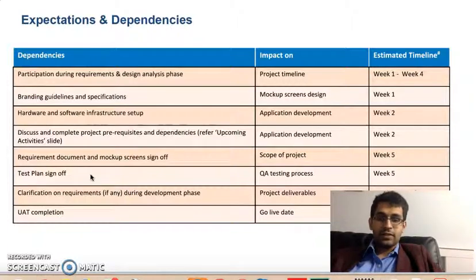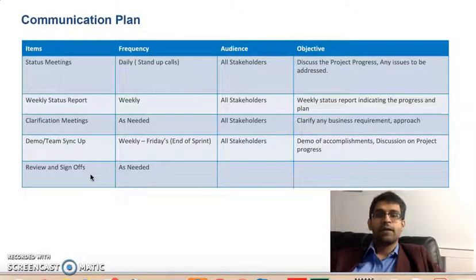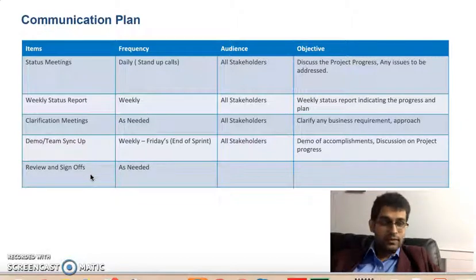Whenever we have any clarifications, we'll set up a call based on the need, and once the UAT is complete, we'll also have a quick call for the summary of the project. Coming to the communication plan, we will have a daily status meeting.